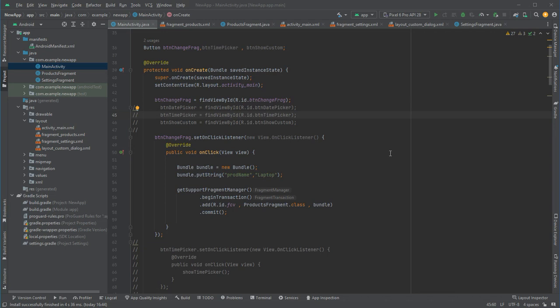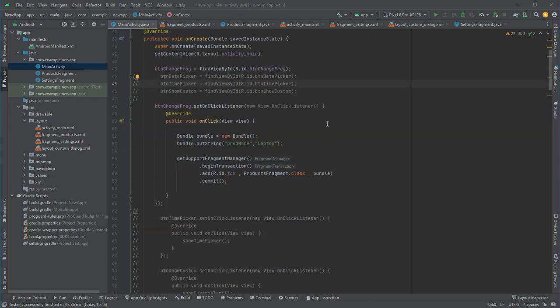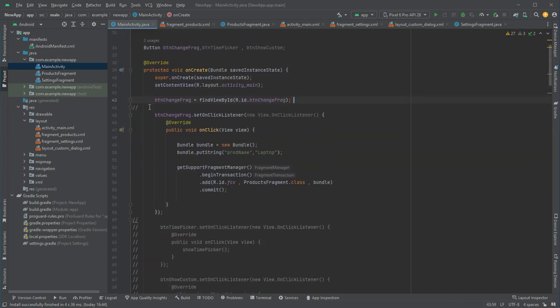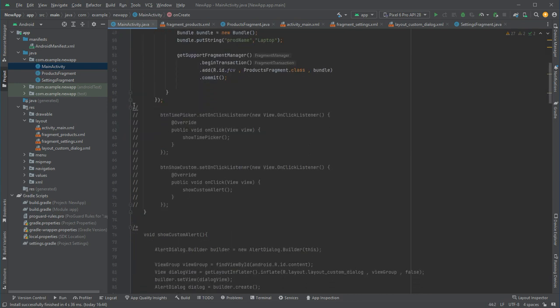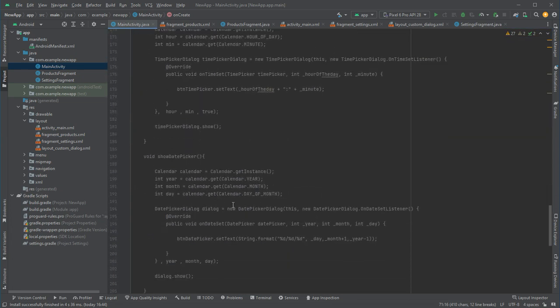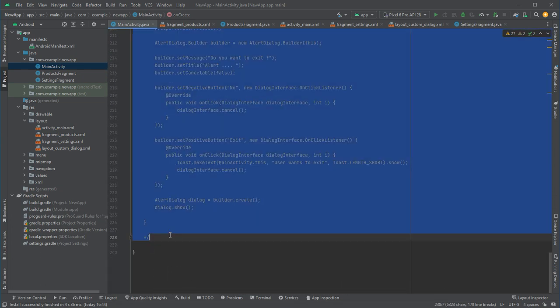So in the last video we have seen fragment, how to add a single fragment by using XML, that is static, and by using the Java activity code, that is dynamic. Now I'm going to show you how to add multiple fragments into one activity. So let me delete this code first, which is not useful for us right now,